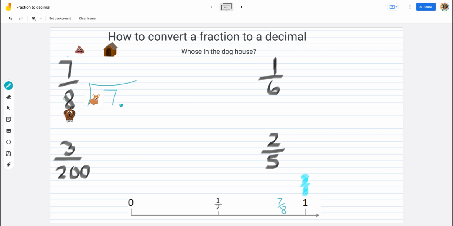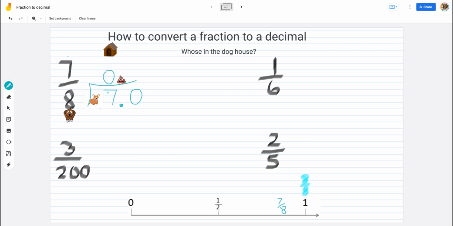I use a decimal point, or in this example, I'm going to use my decimal poop. And we always put the poop on the roof of our doghouse so it can decompose. And that will let everyone know that my answer is less than 1. If I want to remember what goes in this 1's place, I can put a 0 as a placeholder. Now, I'm going to add a 0 here to see how many times 8 goes